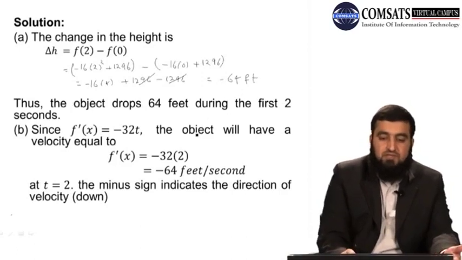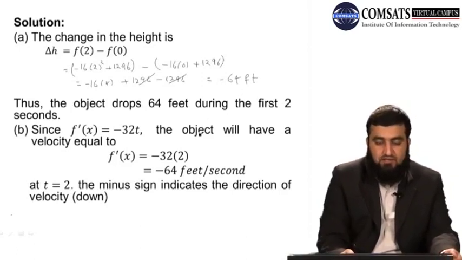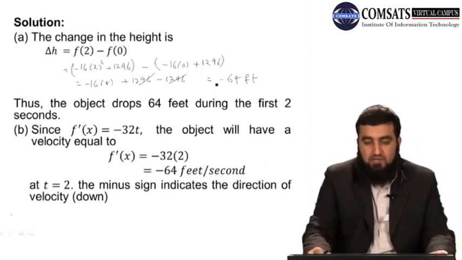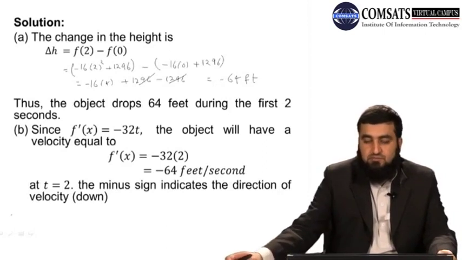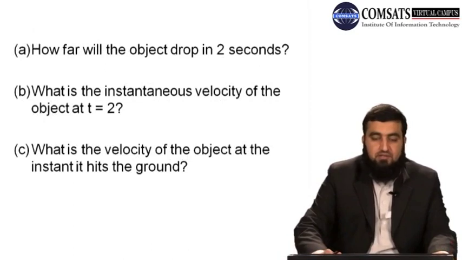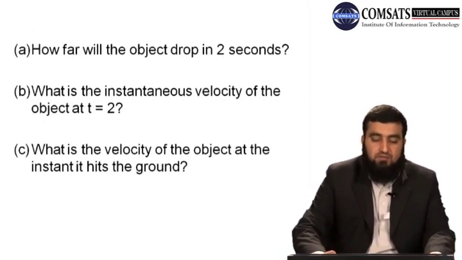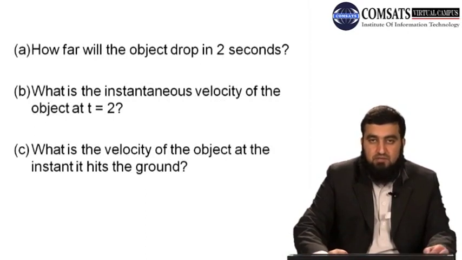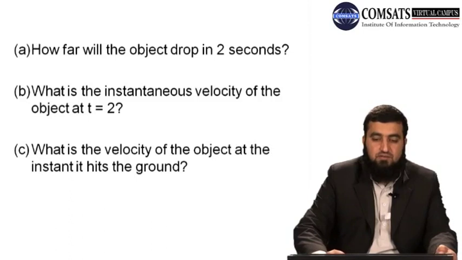So the object drops 64 feet during the first 2 seconds, यानी ऑब्जेक्ट जो है पहले 2 सेकंड्स में 64 फुट नीचे आ जाएगा। माइनस साइन बेसिकली रिप्रेजेंट कर रहा है कि ऑब्जेक्ट नीचे की तरफ जा रहा है। So part B of the question asks for what is the instantaneous velocity of the object at t is equal to 2, यानी टाइम t इज इक्वल टू 2 पे उस ऑब्जेक्ट की इंस्टेंटेनियस वेलोसिटी क्या होगी।